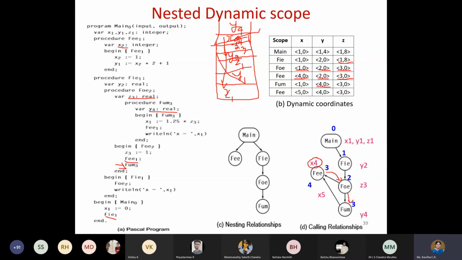The scope ends over there. When it returns here in this step, X4 is destroyed. So now when I search for X, it goes all the way till here and finds X over here. That's why it is using back the same thing, that is X1.